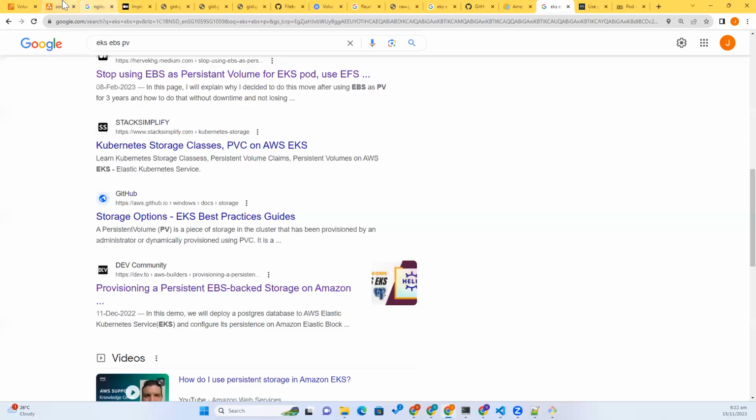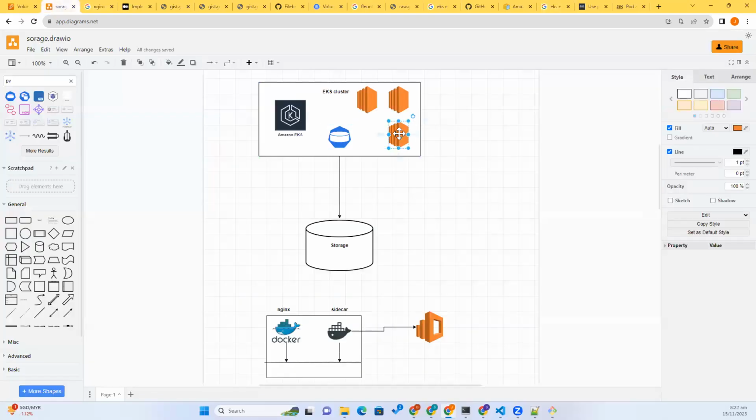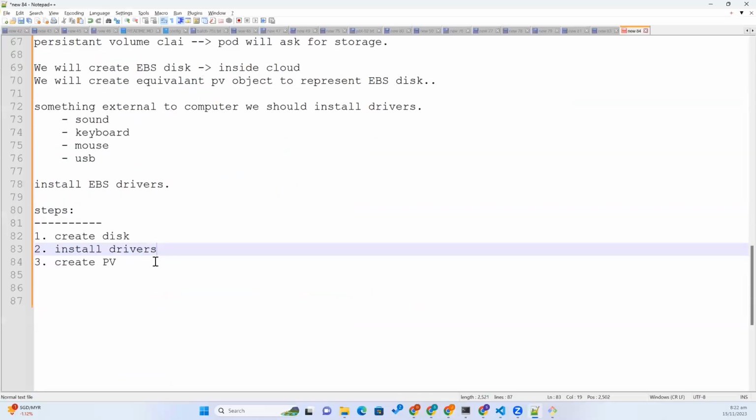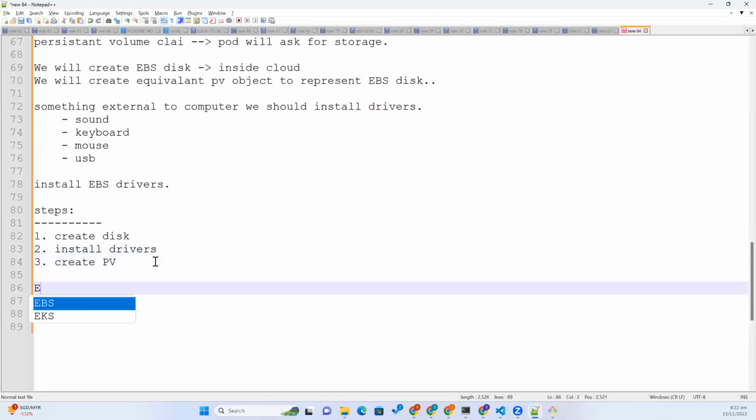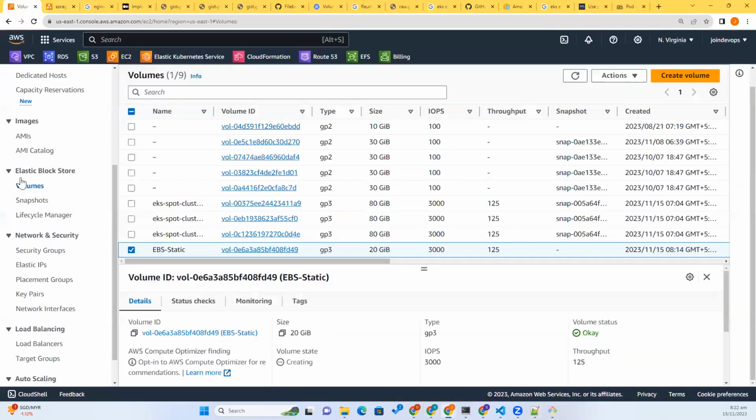So in reality, what is happening here? This EC2 is going to access EBS, right? So that is the whole thing we are doing. EC2 is going to access EBS. EC2 is one service, EBS is another service. So now let us just check the